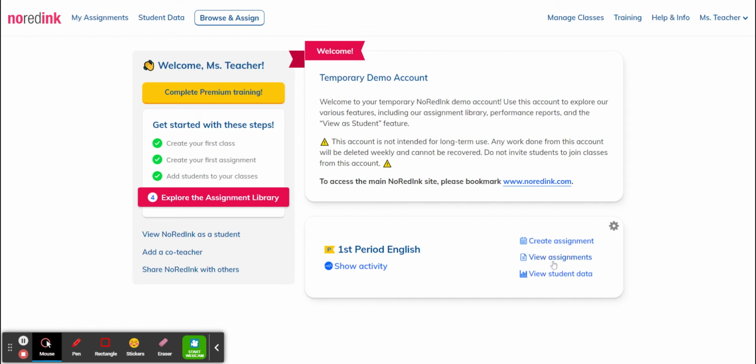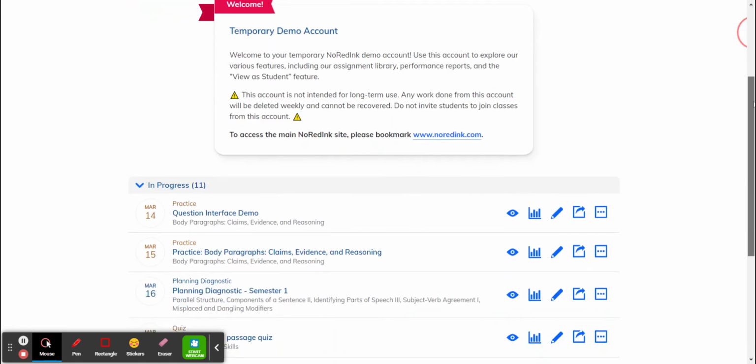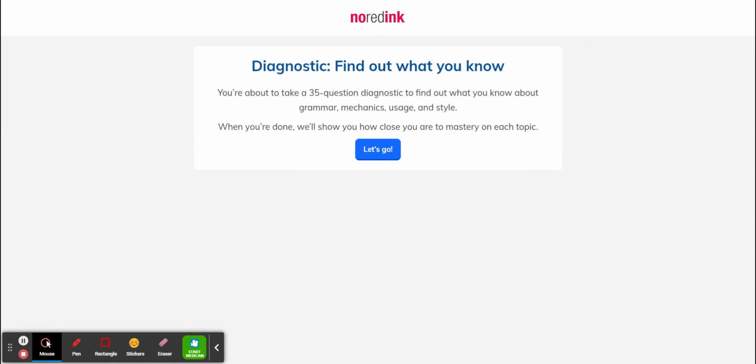You can view your assignments. These are the assignments that are in progress. So there's practice, planning diagnostic, and you can view, you can see the results, you can edit your assignment, you can share that assignment information, and you can also make a copy, get the answer key, reset student scores, or delete the assignment there. So I am just going to click preview, and you can see